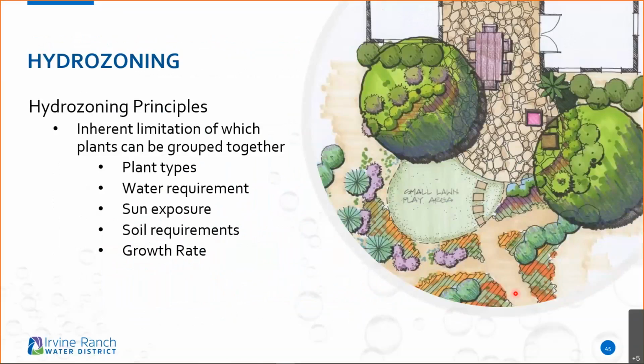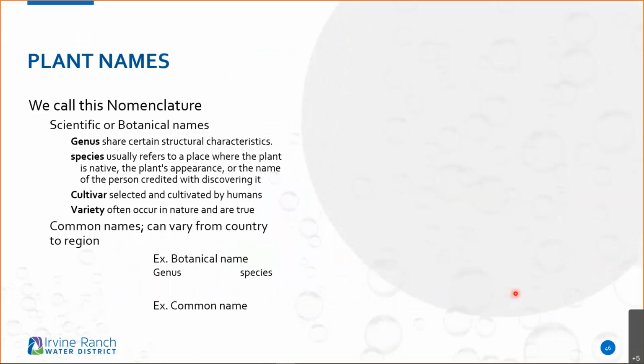Now, somebody did bring up the importance of utilizing these scientific names, the scientific or botanical names. Here I put some information on genus and species and how these plants are named. Typically, if you go out and ask for a plant by common name, you might get what you're asking for, but you might not, because common names change from country to country, region to region, even culturally. If I said, okay, I want a mock orange, most of the time you might get Pittosporum tobira.